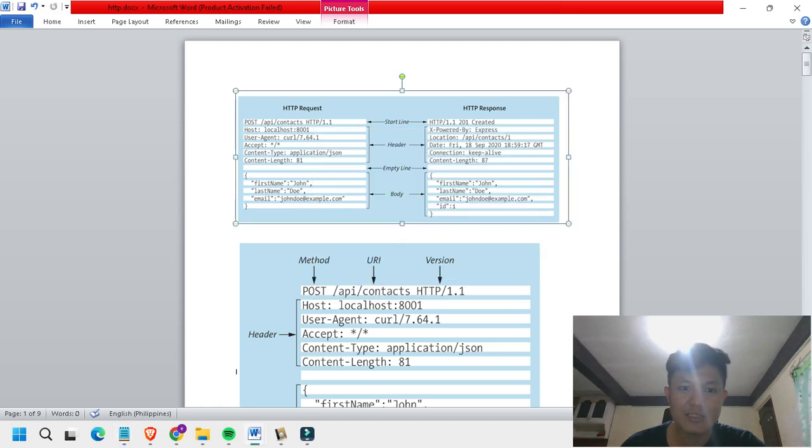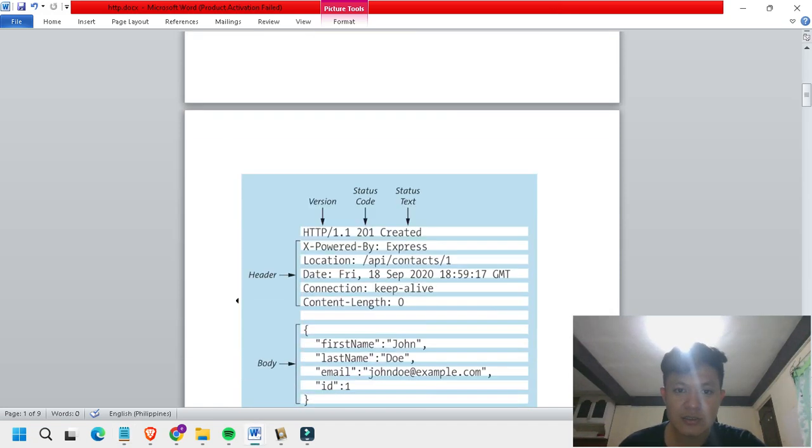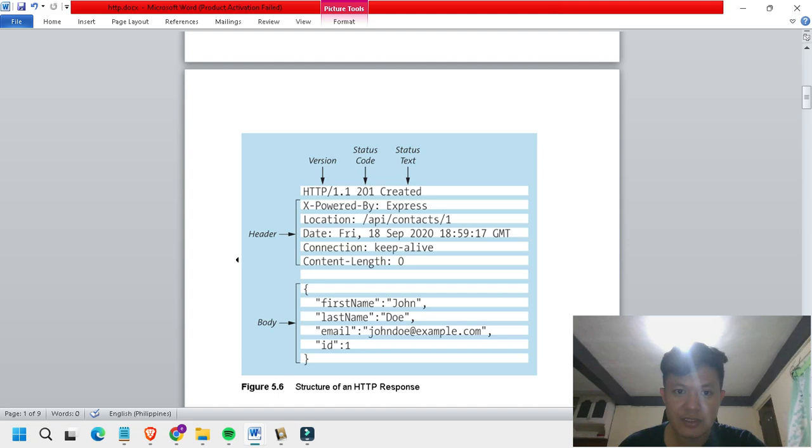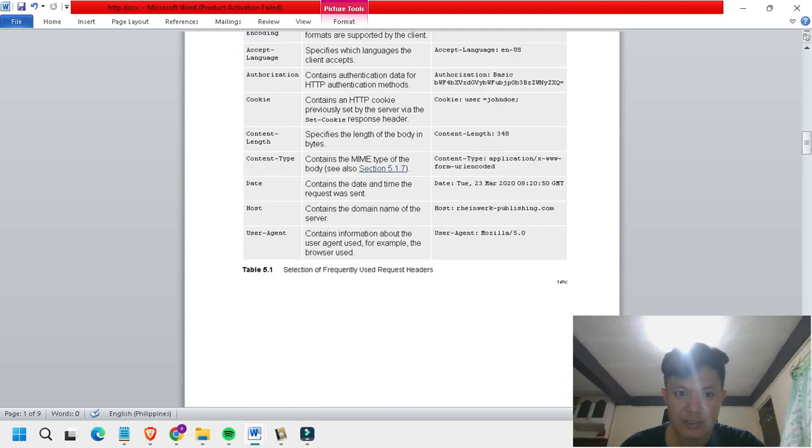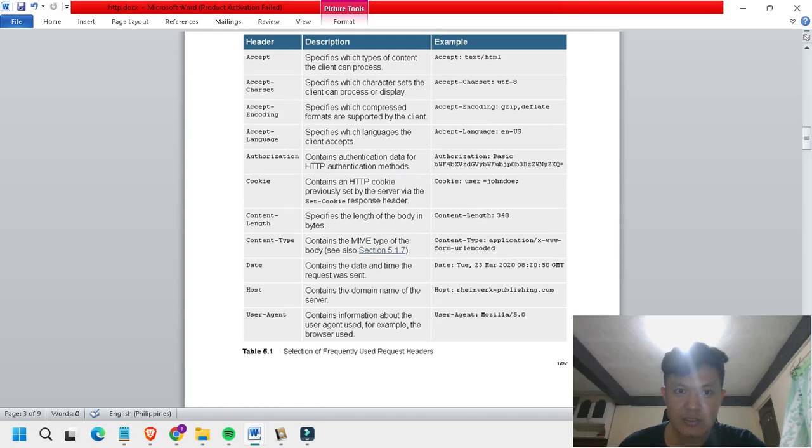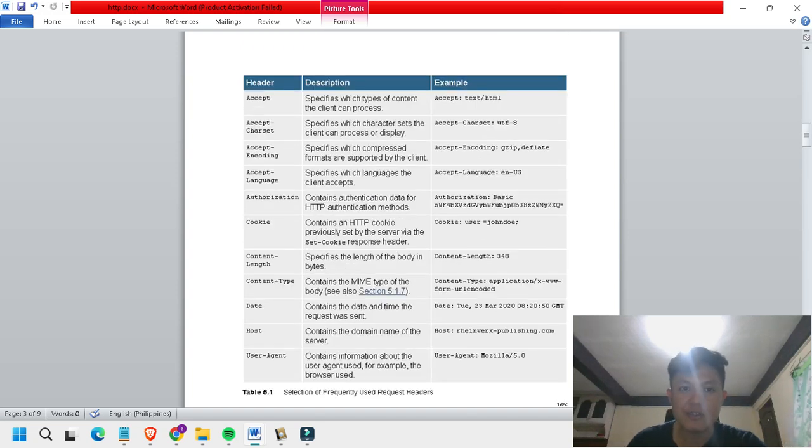So that's the structure of an HTTP status text that we discussed. These are the frequently used request headers that we would see if we request a server from our client.